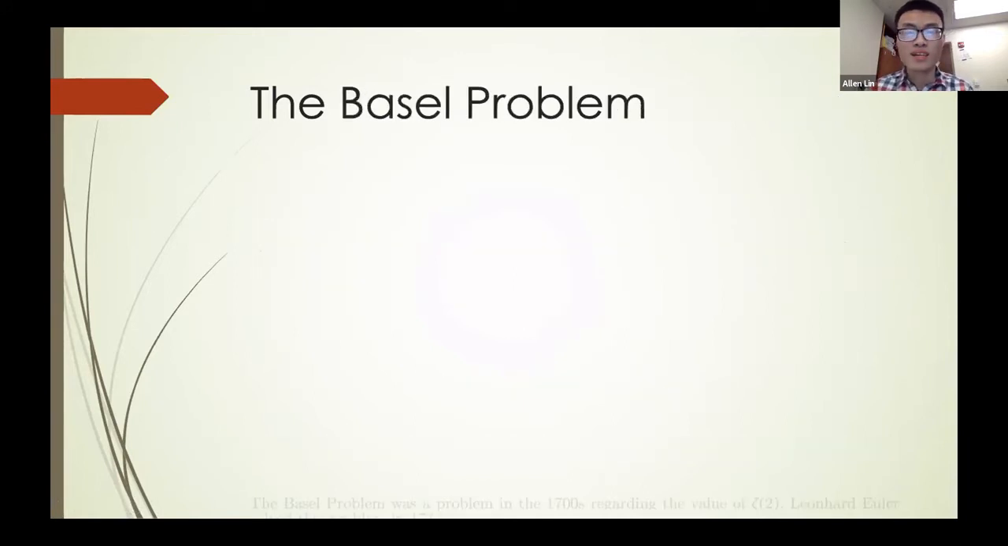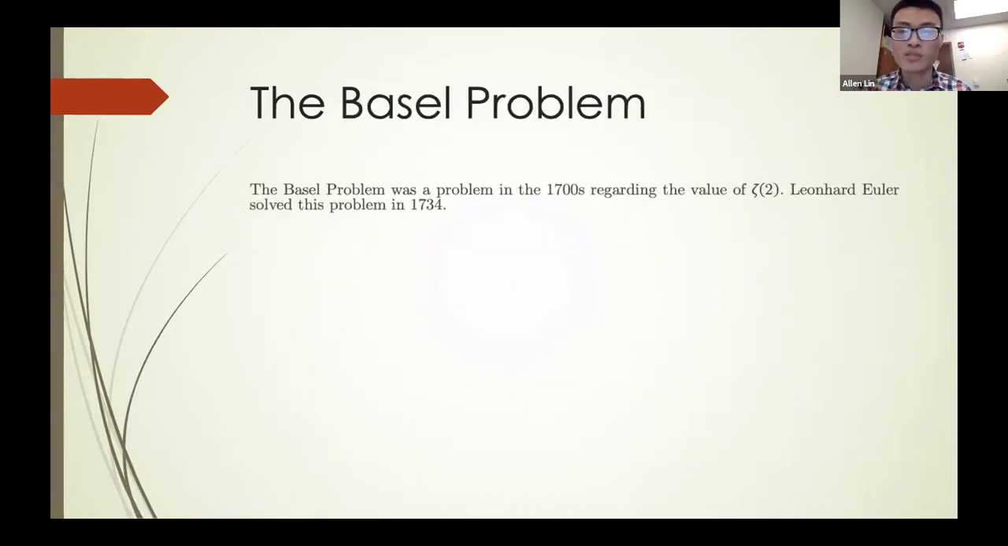The Basel problem was a famous problem in the 1700s regarding the value of zeta of 2. Zeta of 2 is the sum of the reciprocals of squares: 1 plus 1/4, plus 1/9, plus 1/16, plus 1/25, and so on. This was really famous because the mathematicians at the time couldn't solve it, but Leonhard Euler did, and this is